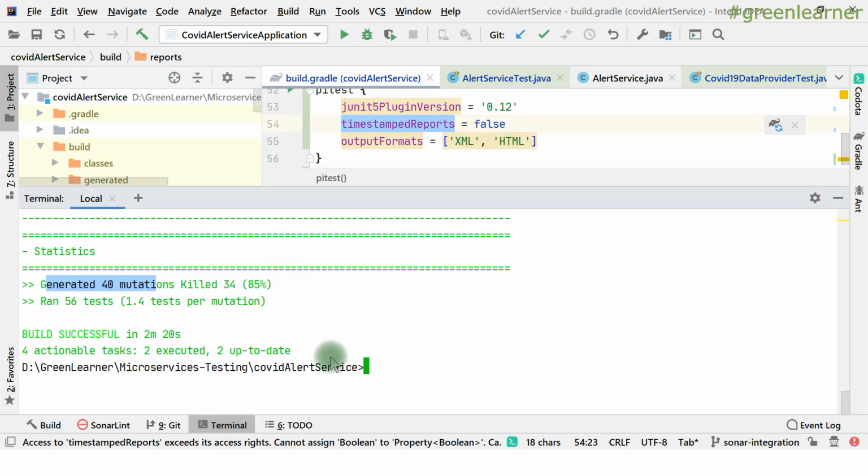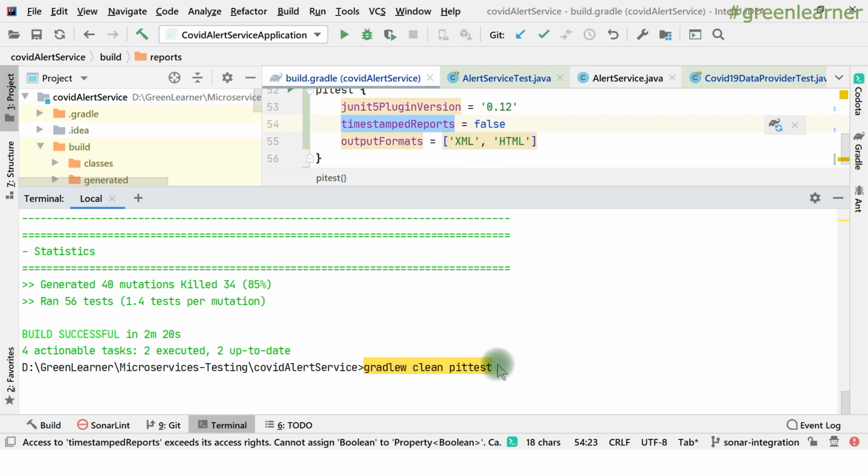So for this particular video, I'm just focusing on just pitest, right? Just let me clean this one so that it is clear. So now I'll be seeing this no timestamp report and output formats in XML and HTML as well, right? So pitest.